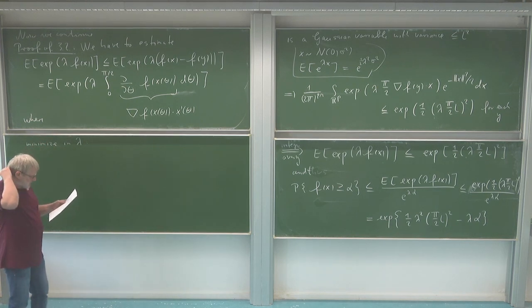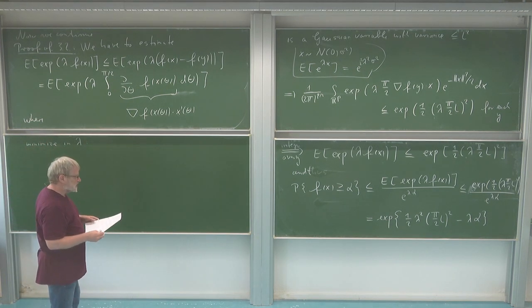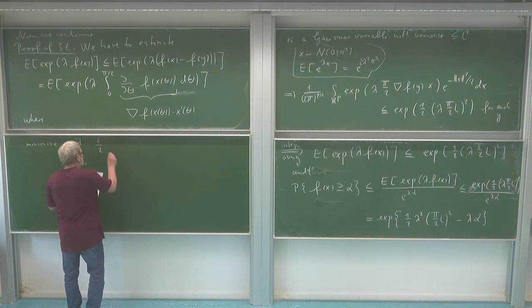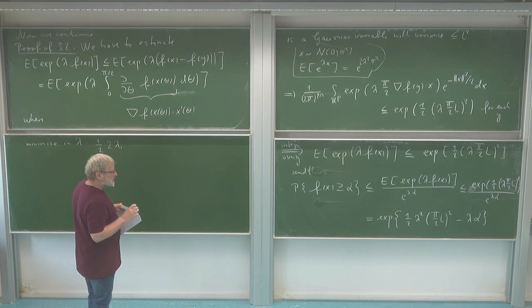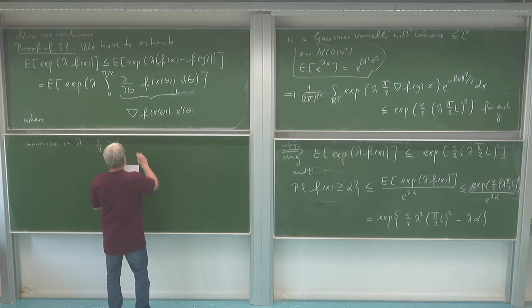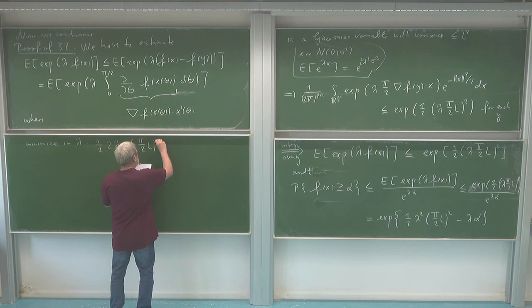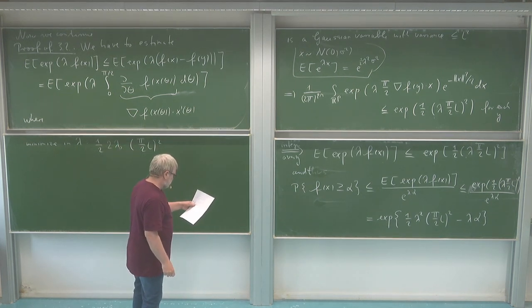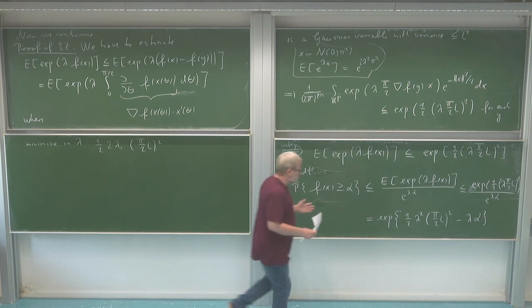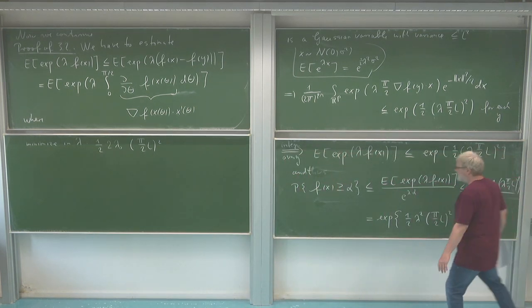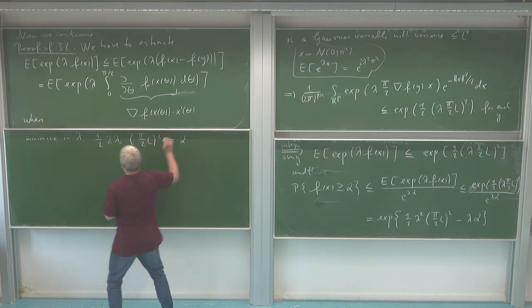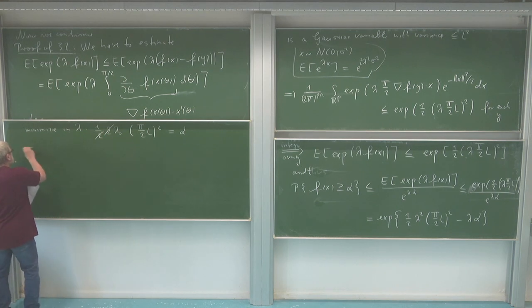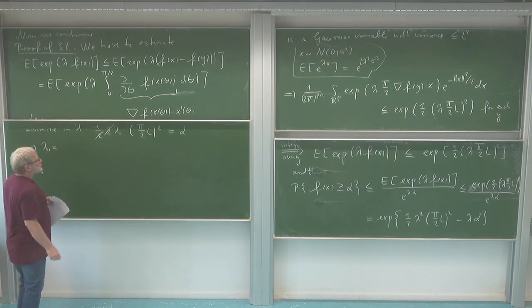Let me call the minimizer lambda 0. So I should take the derivative, so it's 1/2 times 2 then lambda. Let me call it lambda 0, is the one for which the derivative is 0, multiplied with p over 2L squared, and the derivative of this side is just alpha, so the difference should be 0, or this should be equal to alpha, or these 2 go away, so the lambda 0 should just be